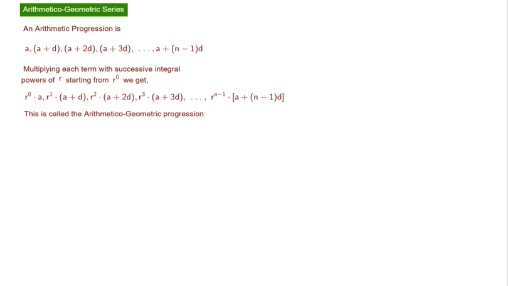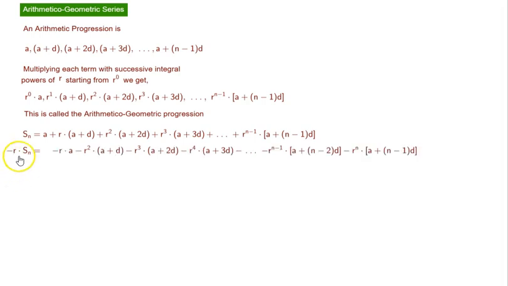Now, we have to figure out how to get the sum of first n terms of this series. And then we will look at the infinite series of this. So S sub n is equal to the sum of all these terms. Now we multiply S sub n with minus r throughout. We get minus r times S sub n is equal to